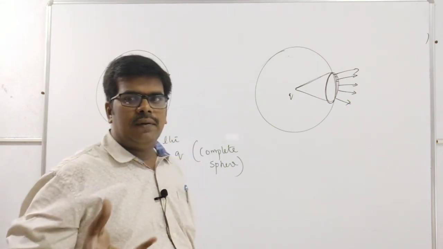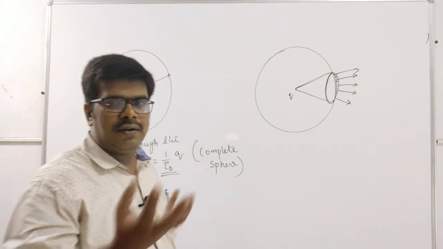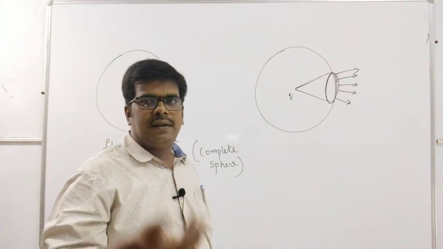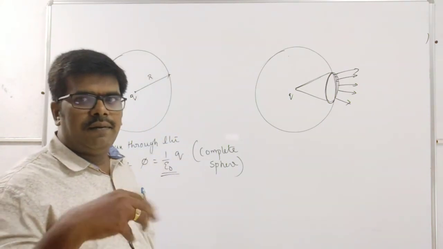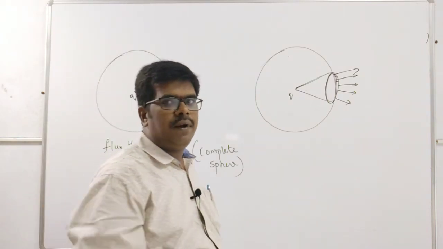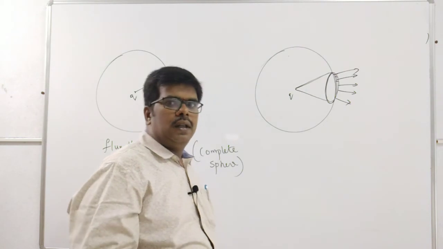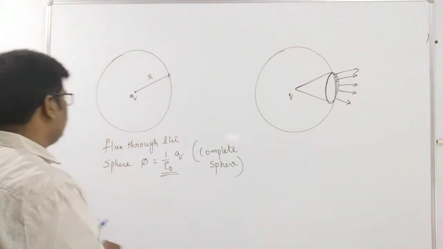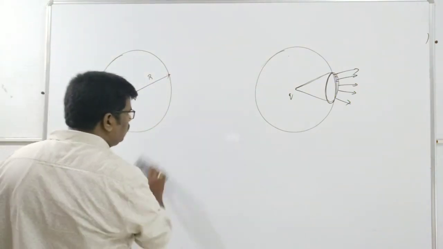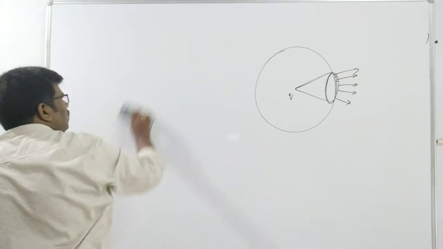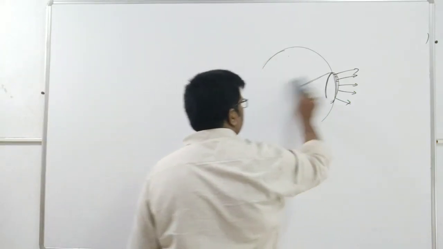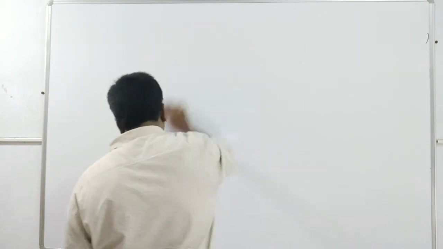Through any part of the sphere, if it makes a solid angle, we can find how much flux is passing through it. Otherwise, if you know the flux passing through it, you can also find the charge in such cases. Then we will go to that concept, and it is a very important one. Solid angle. So I will discuss it. What is a solid angle? Then we will go for the things.